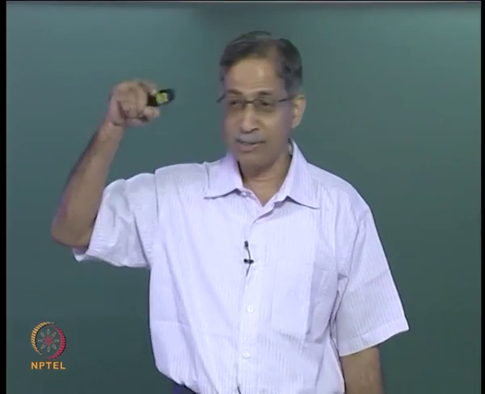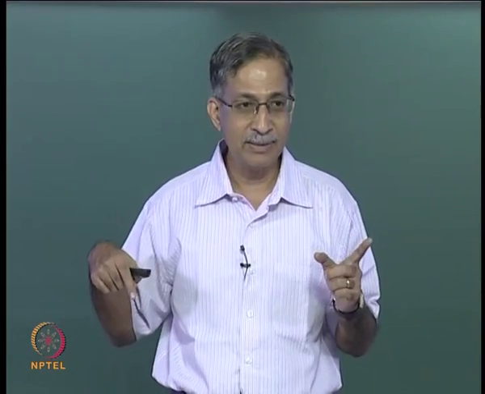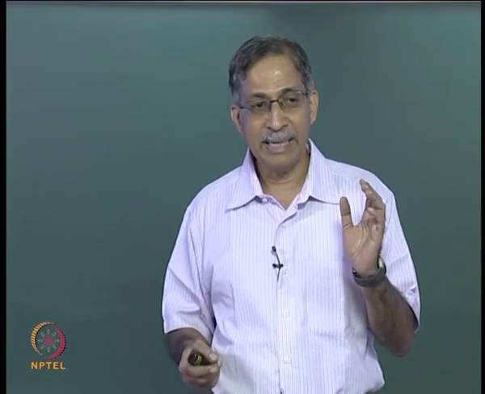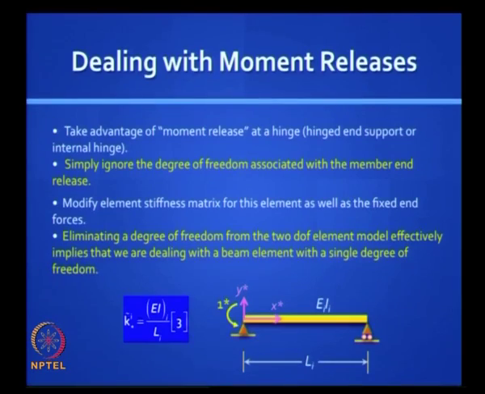Remember we had 4 EI by L and 2 EI by L, and then we had this 2 by 2 matrix. Now we do not worry about rotations at the other end, at the hinged end, and so you have only a 1 by 1 matrix, just one coordinate, the other end is hinged. So that is a major advantage we are trying to take in this method. You reduce the degree of kinematic indeterminacy, and you know that the element stiffness matrix is 1 by 1 and the coefficient is 3 EI by L. Is it clear? We have done exactly this in slope deflection and moment distribution method when we took the simplification. So we will see how to do this.